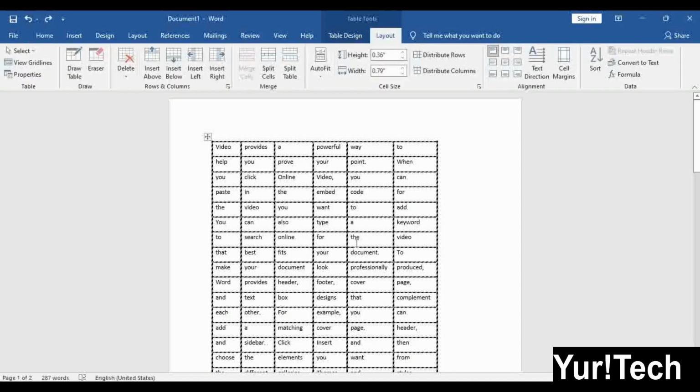By pressing Ctrl Z you can undo that. The next option is insert above. First delete row, column and table, and if you want to insert more table, insert any row or column, so for that these options are here. Insert above,